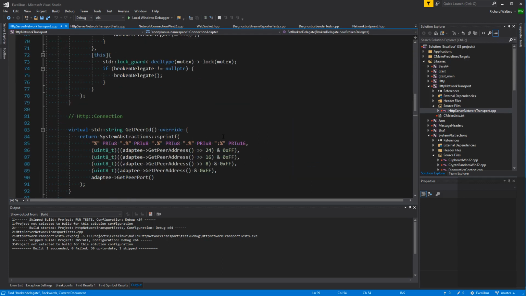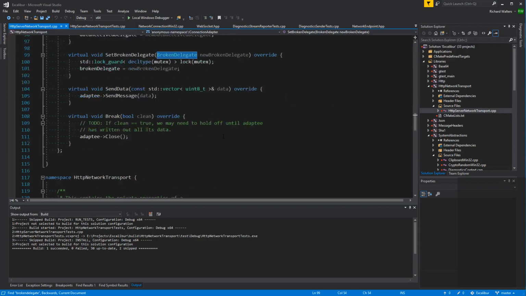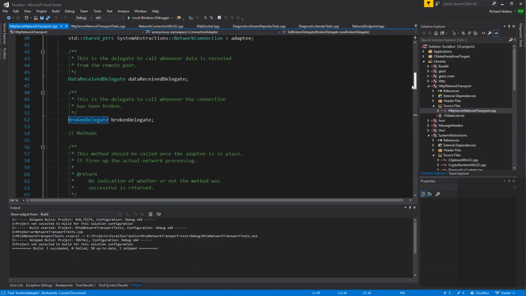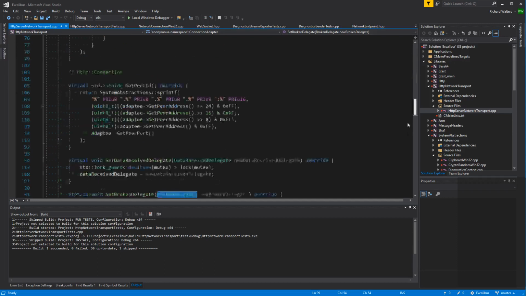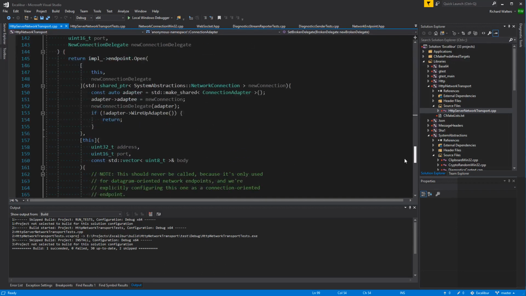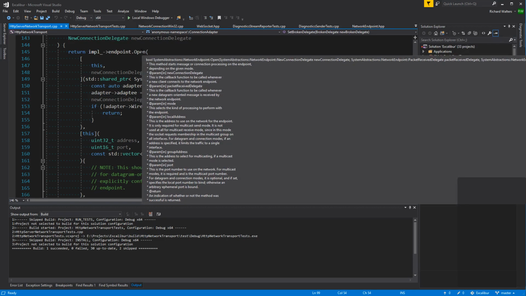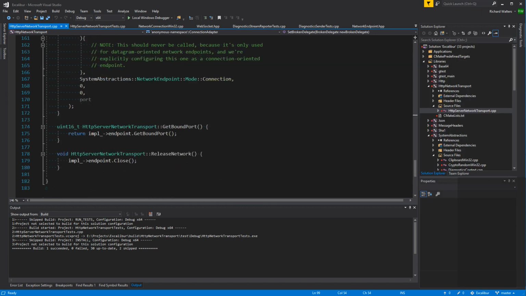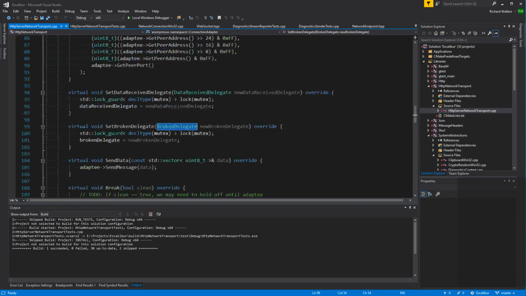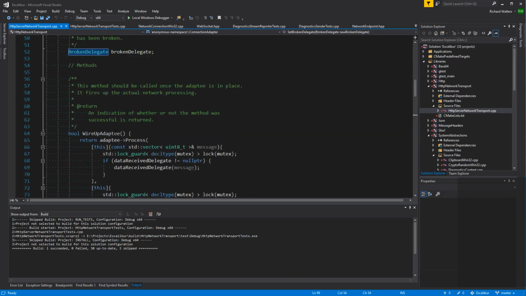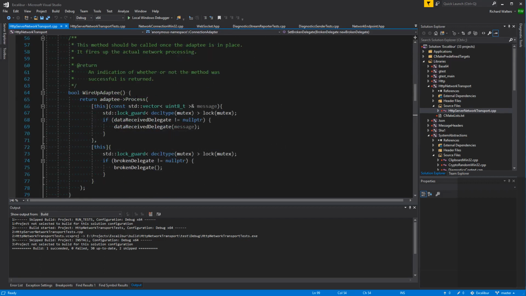It's one of these delegates here. Which one is it? Oh no, that's the endpoint. It's when a connection is opened here. Wire app adaptee. It's this second one here. Okay, so it'll call a broken delegate.